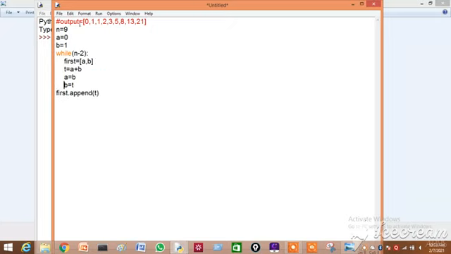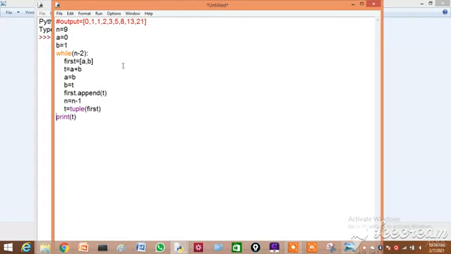Initially we have assigned the n value equal to 9, so the n value has to decrement, n equal to n minus 1. Each and every time I get one value, I am going to store that in a tuple, first. In that first I am going to store it, then print of t. Those values I am going to print.